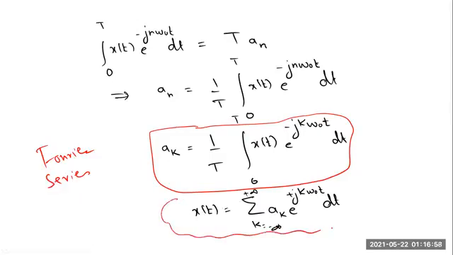So Fourier series will always correspond to these two equations. And sometimes we use some names for these two equations, okay? So the first equation, which is representing ak, which are the Fourier series coefficients or spectral coefficients, it is known as the synthesis equation. And this equation, which is representing x of t,